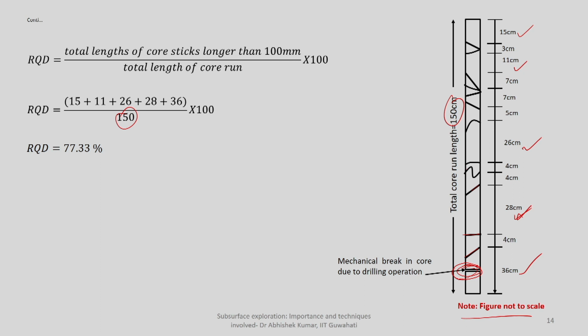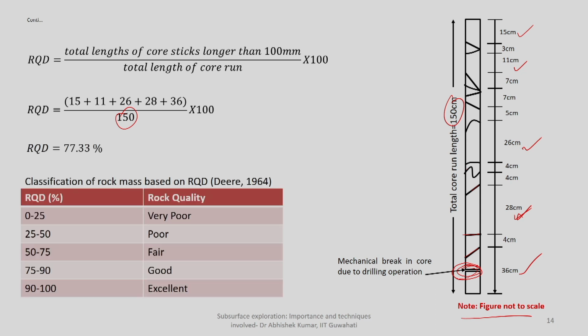Same you can determine for each and every kind of rock core you are determining from different depths. So once you know RQD, you can actually classify the rock. If RQD is varying from 0 to 25, you will say it is very poor rock. As suggested here also, 0 to 25 means majority of the rock core will consist of small fragments. None of them are intact or of longer length, so it will be considered a highly weathered rock kind of thing.